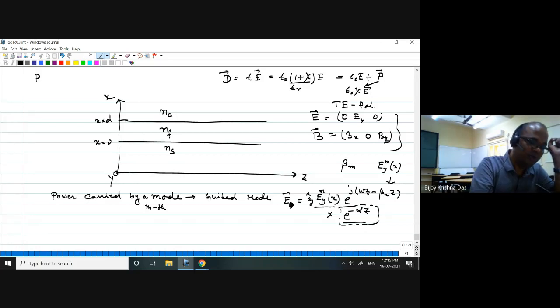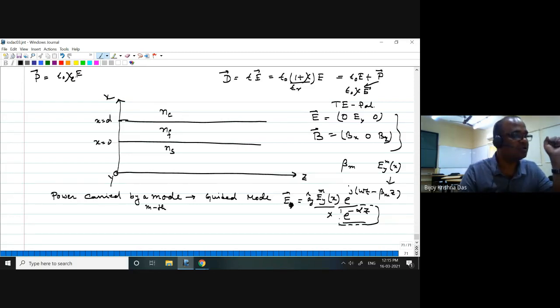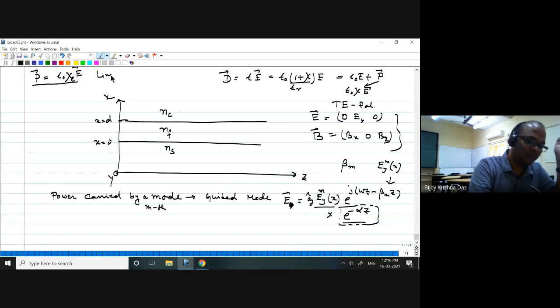So this P is the polarization, dipole moment per unit volume, equal to epsilon 0 chi times E, and chi is called susceptibility or electric susceptibility. That is a material property, and the polarization is proportional to the E field of the applied electromagnetic wave. Now this is called the linear term. As far as you can consider linear things, you can use this, and whatever analysis we are doing so far, that is true.